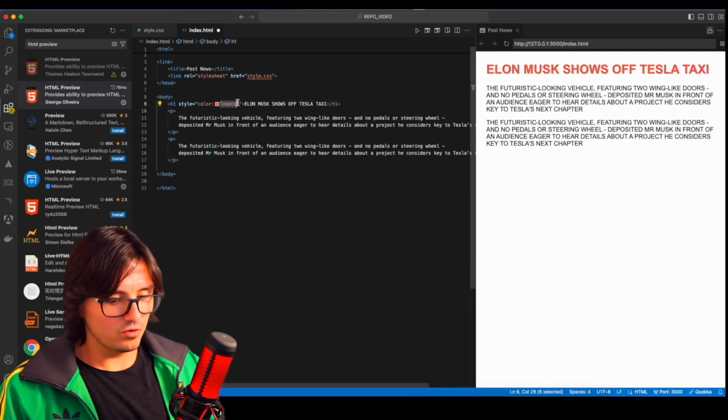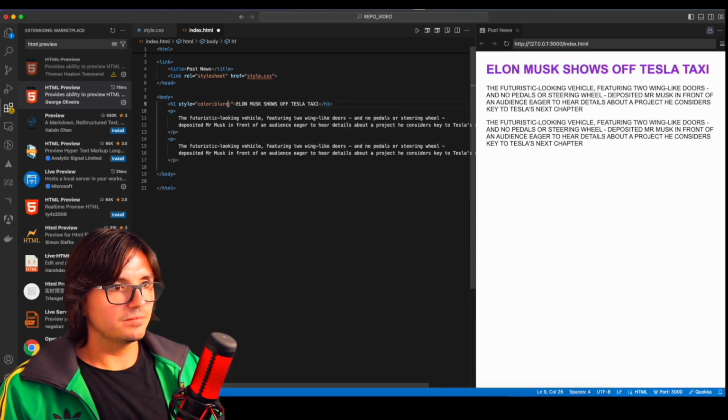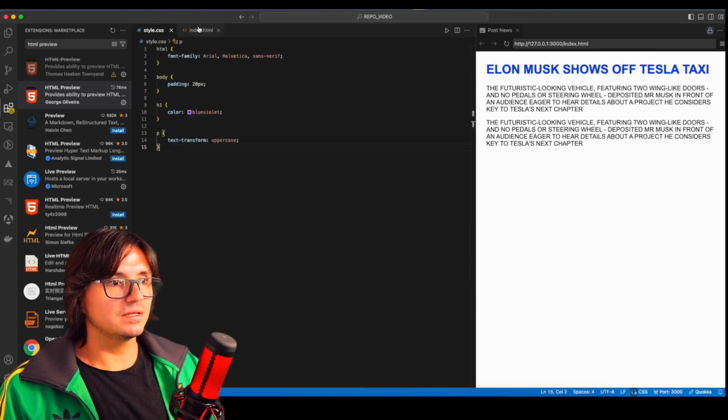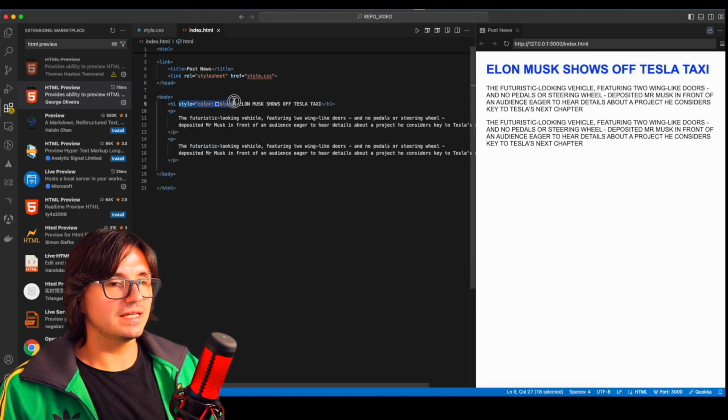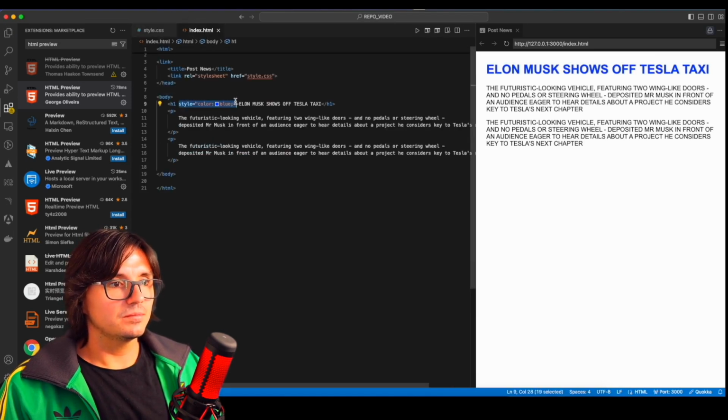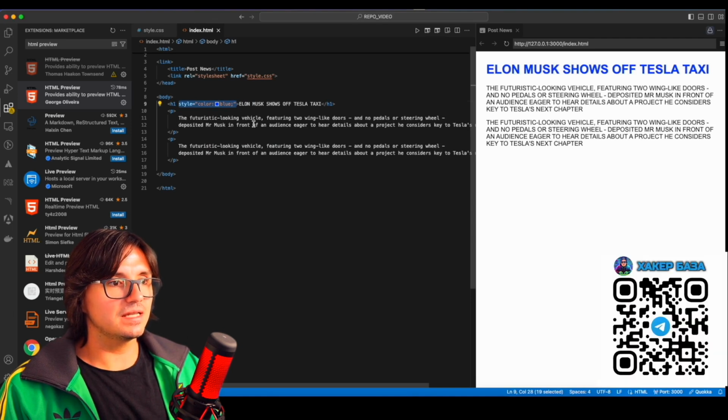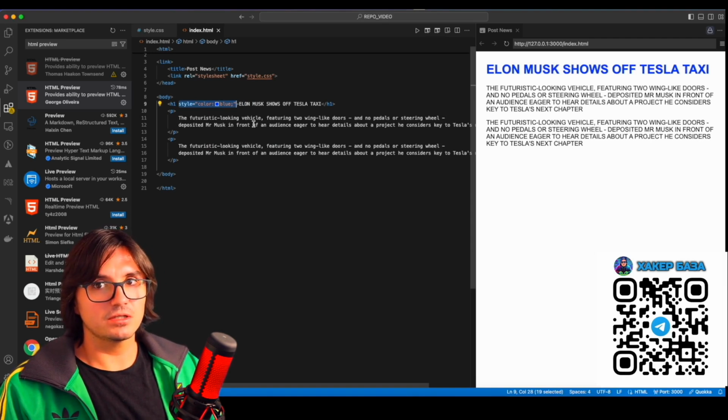See, what it means is that everything with style can be applied like this. And for example, color blue, it will be the same as if you wrote it here in CSS. You see, this is called inline styles. Inline styles override your CSS styles. Never do this. Absolutely avoid it. It's like a nightmare. Never do it like this. All styles should be exclusively in CSS. This is one of the grossest mistakes.